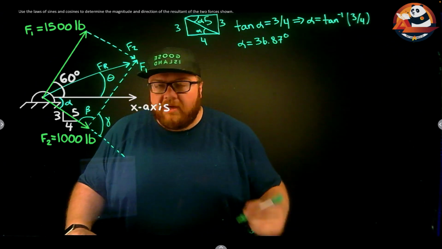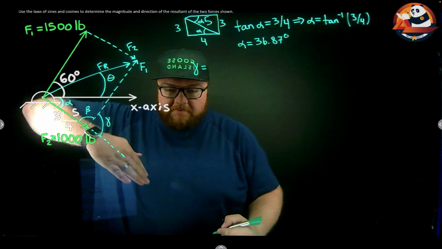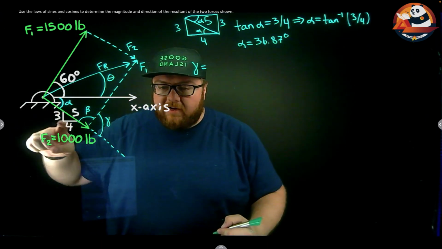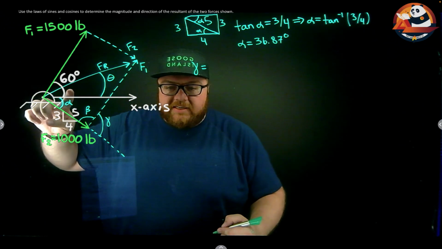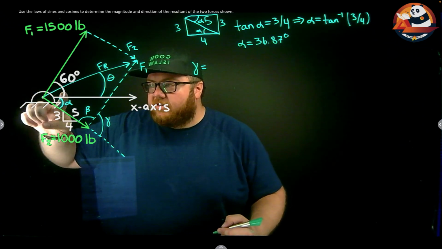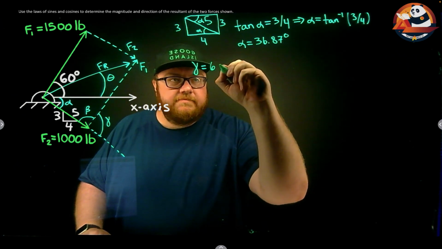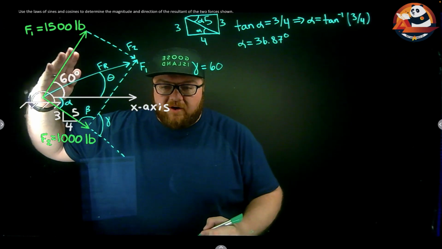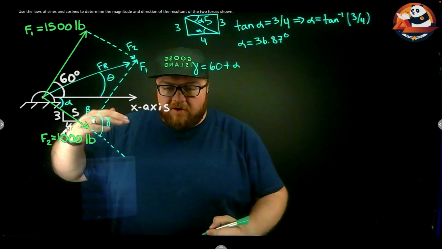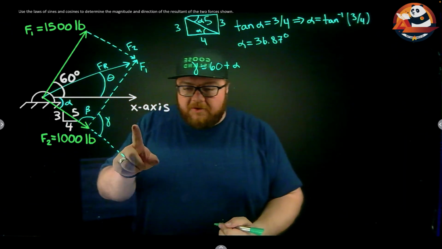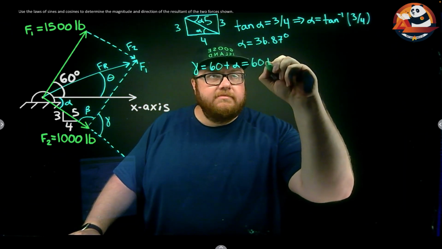Well, I know gamma is from my 1,000 up to F1. I can work with that here, from 1,000 up to F1. Well, that is 60 degrees plus alpha in here. Two things, I just need to add them together. So this is 60 from F1 to horizontal plus alpha from horizontal down to F2, which is exactly what gamma is doing in here. Or this is 60 plus alpha,